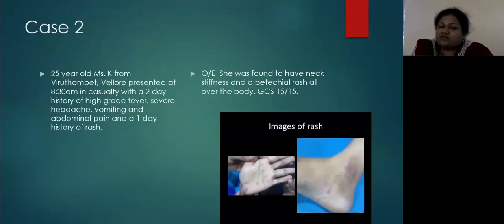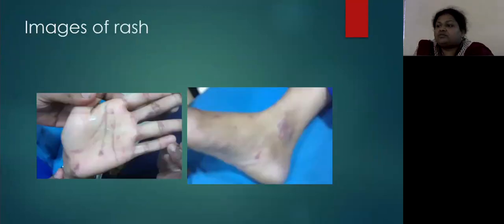Case 2, another 25-year-old person from Virudhampet. Okay, 2-day history of fever, headache, vomiting, some abdominal pain, and 1 day he had a rash. He has neck stiffness, there is a petechial rash all over the body. GCS is normal. You want a better picture of